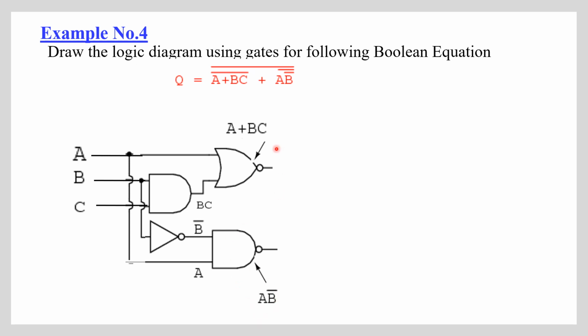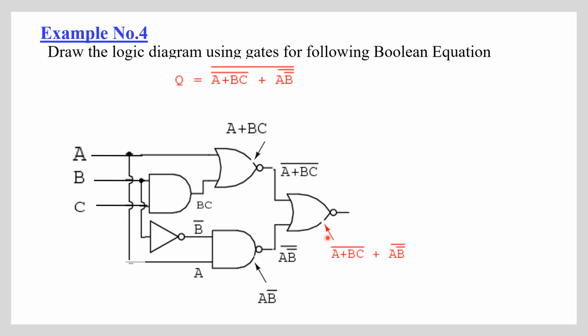Okay. Now after this, what will we get? A plus BC bar. So here we will get (A plus BC) bar and (A B bar) bar. And these two are combined by which gate? By an OR gate. See here, a circle is there, a bubble is there. So what we got? A plus BC the whole bar and A B bar the whole bar. Then it is connected to an OR gate. So what is the equation for the OR gate? A plus BC bar, plus AB bar bar.